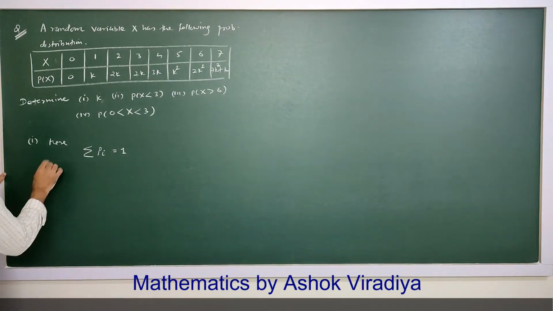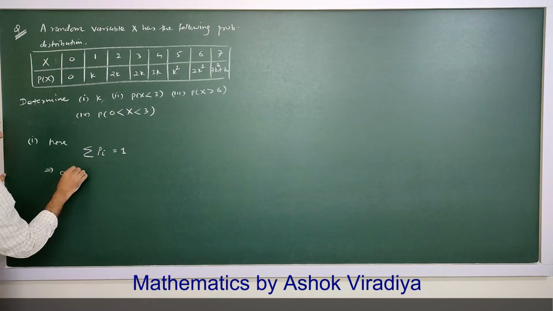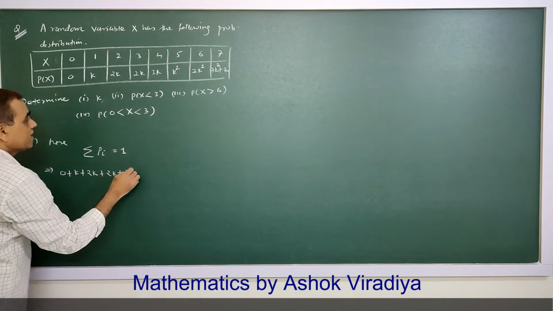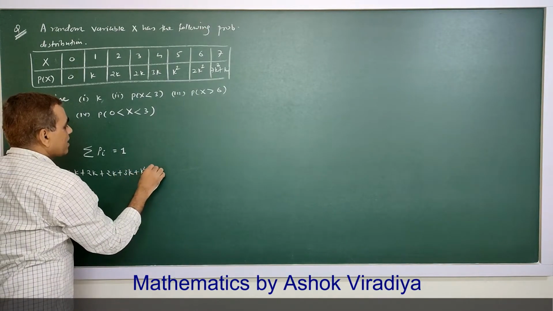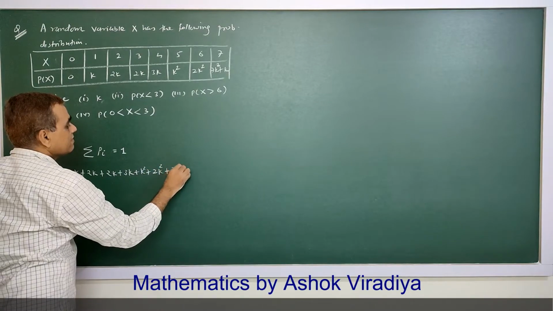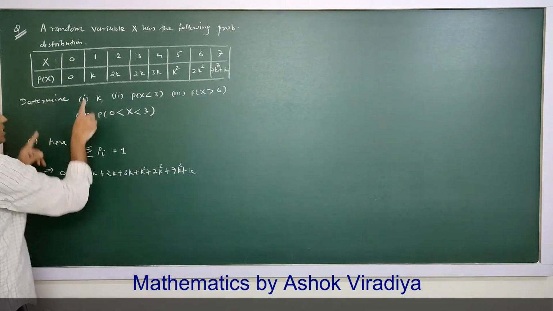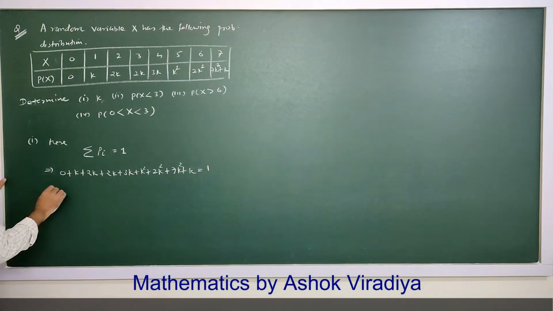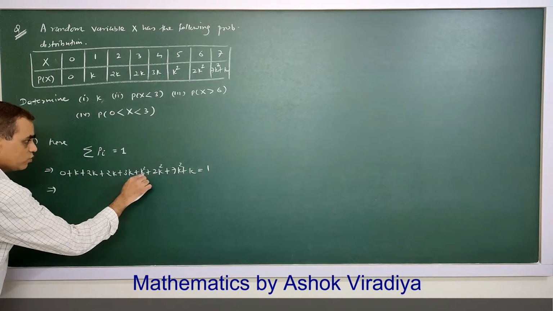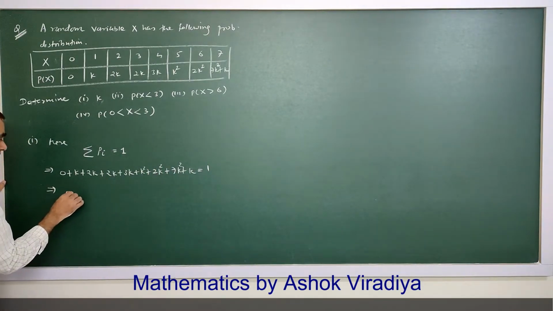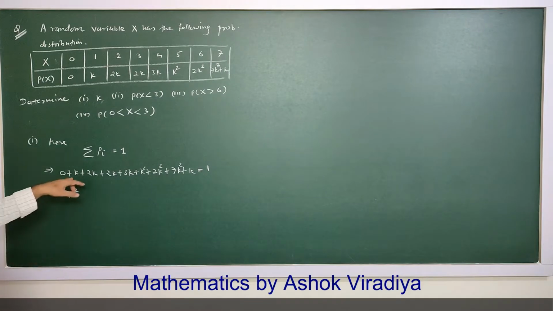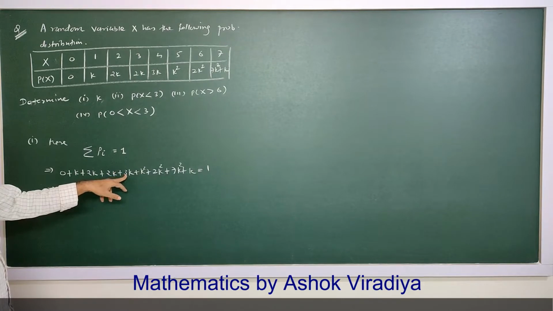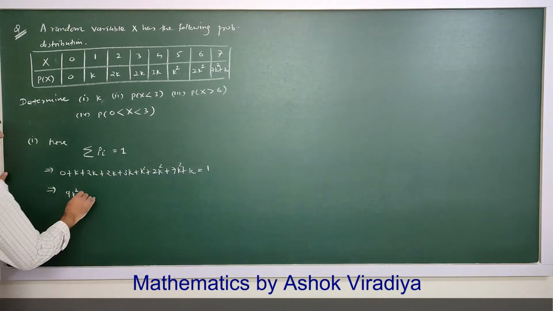That is, the sum of these numbers 0 plus k plus 2k plus 2k plus 3k plus k square plus 2k square plus 7k square plus k, the sum of numbers in the second line, must be 1. That means k square plus 2k square plus 7k square, that is 9k square, plus k plus 2k plus 3k plus 2k, 5k, 5 plus 3 is 8, 8 plus 1 is 9k,